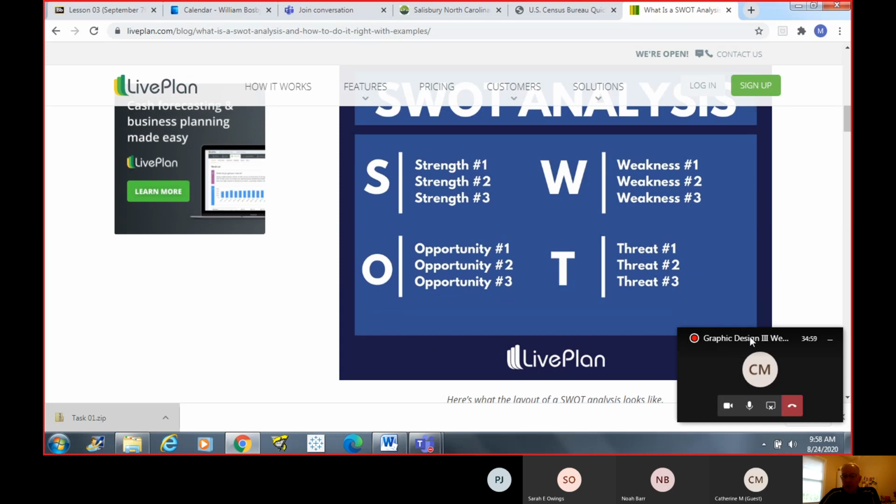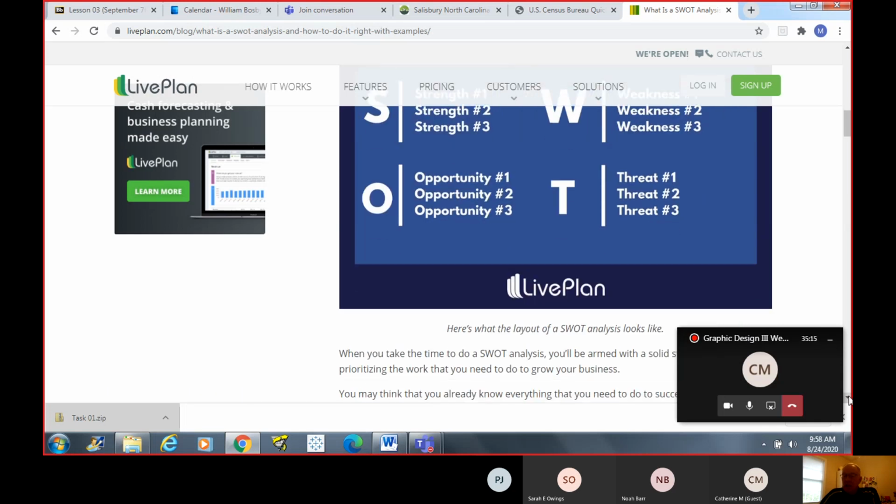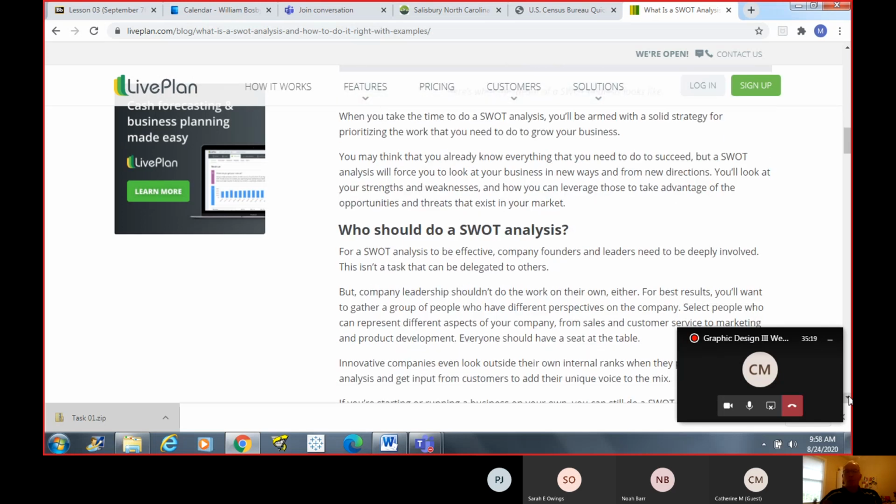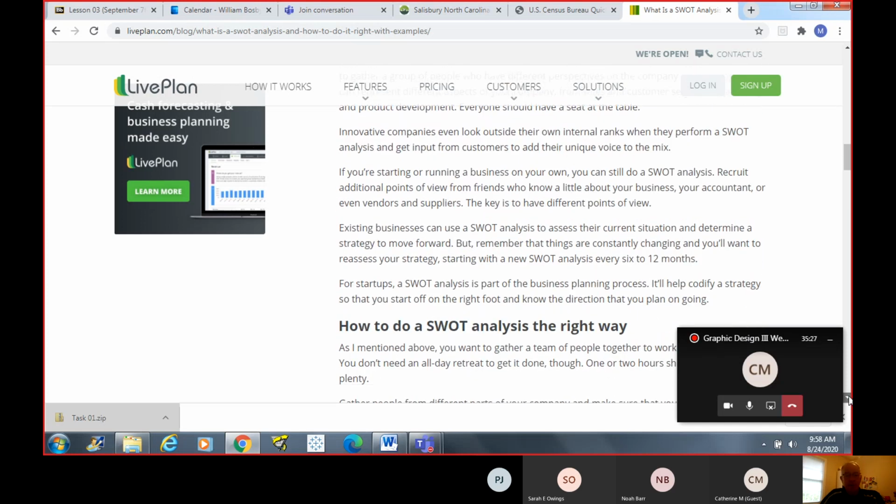A lot of people put them in a chart. So that's what I mean by outline format. You literally have an outline. You would list your strengths, you list your opportunities, your weaknesses, your threats, and you narrow it down into, let's say, your top 3 for each. And then those top 3 opportunities might give you the direction to decide where your boutique is going brand wise. Okay, so